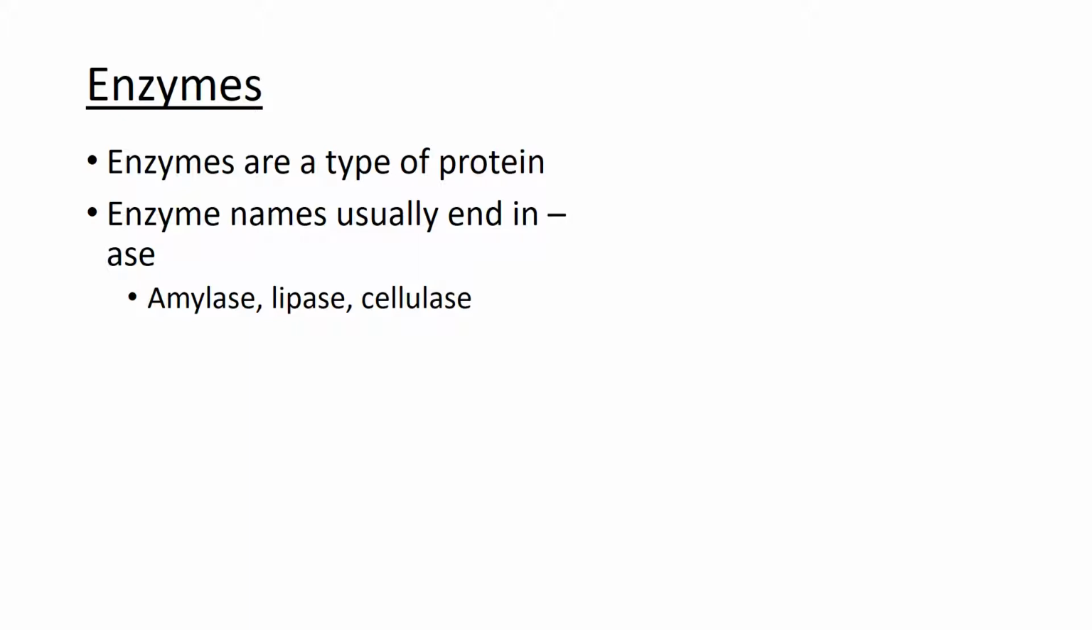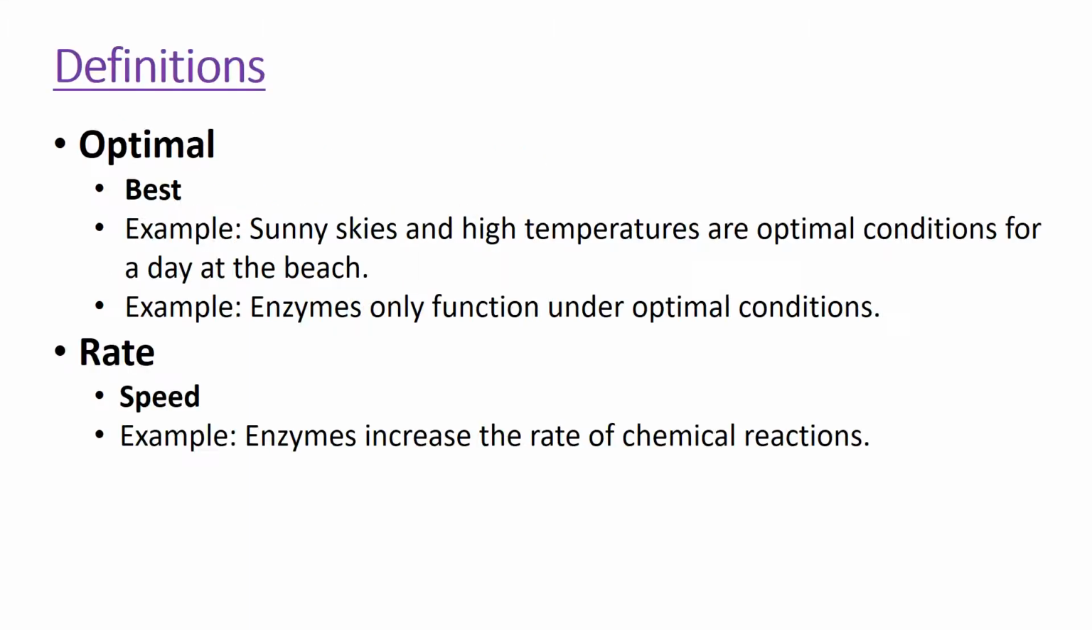For instance, amylase, lipase, and cellulase are all examples of enzymes. We should talk about a few vocabulary terms it would be helpful to understand. Optimal means best. For example, sunny skies and high temperatures are optimal conditions for a day at the beach. Those are the best conditions for a day at the beach. Or, enzymes only function under optimal conditions. So enzymes have very specific conditions under which they'll operate, and we could call those optimal conditions, the best conditions